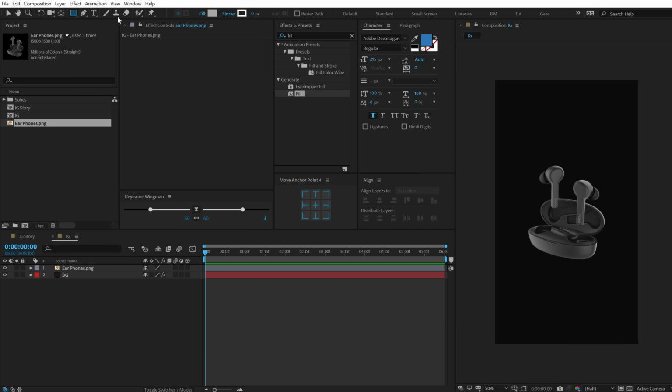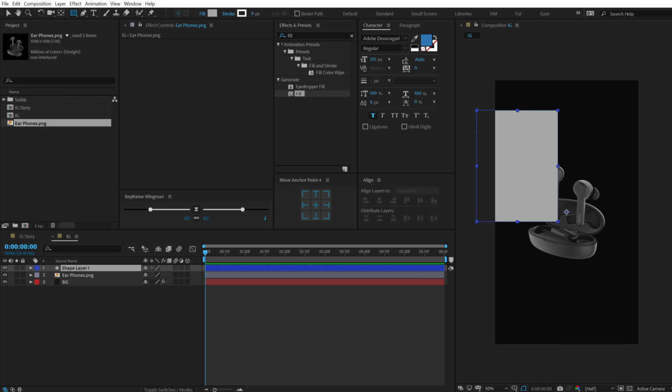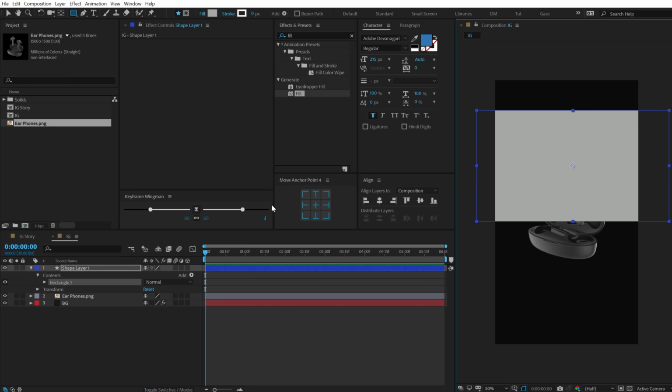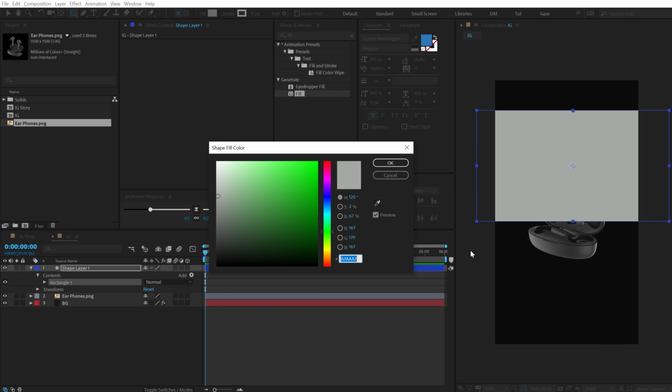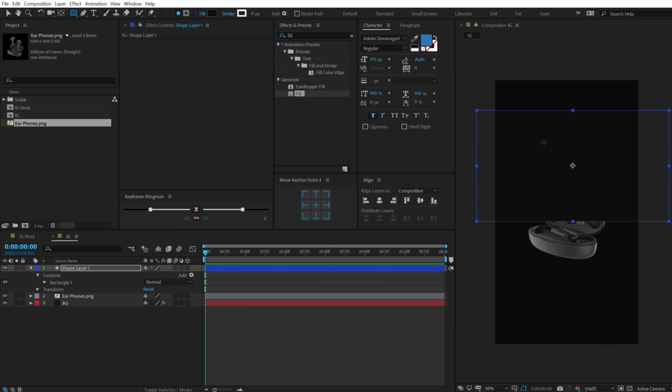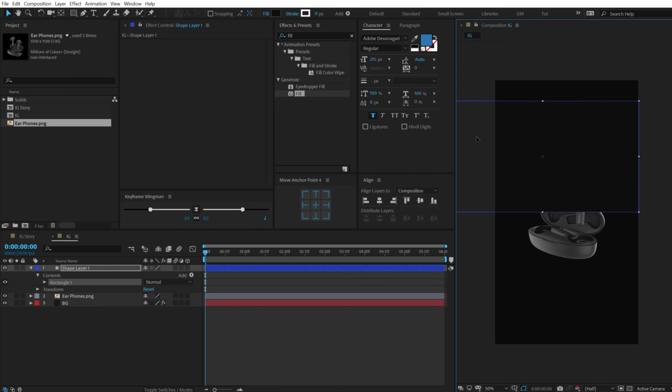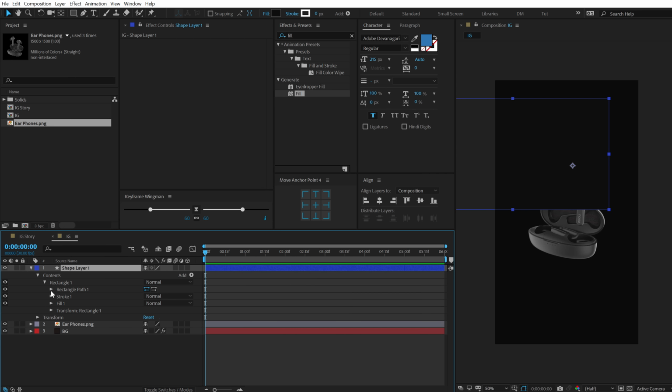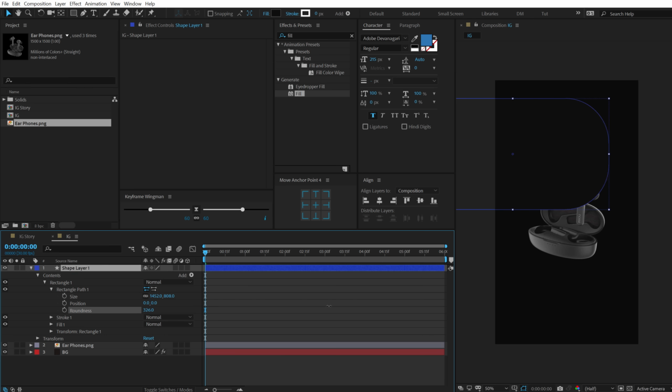I'm going to select a rectangular tool, and I'm going to create a shape just like so maybe. And again, I'm going to actually change the color of this, so I can just simply use the color picker to select the color and then select a lighter version of this. So let's go with something like that. So here we have the shape. Now I want to actually increase the roundness of the rectangle, so we can go right here and increase this all the way up. Then unlink this. Let's play around a bit with the size